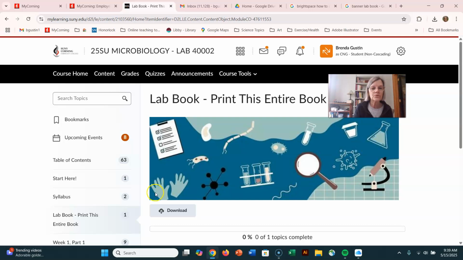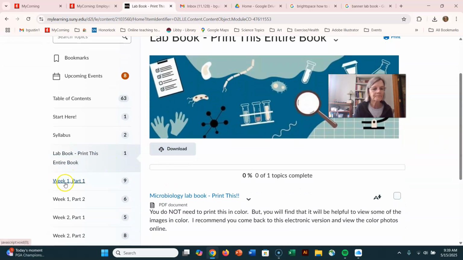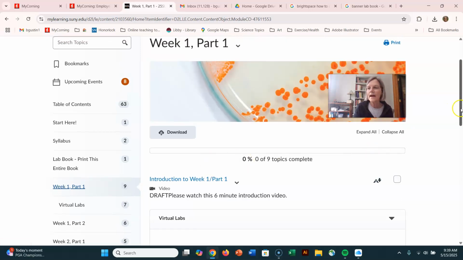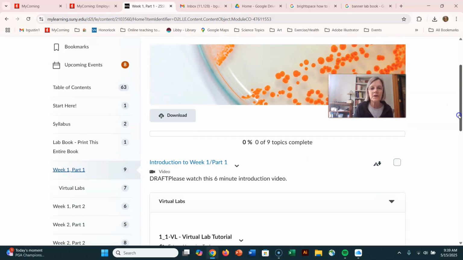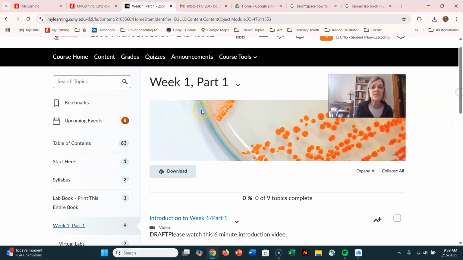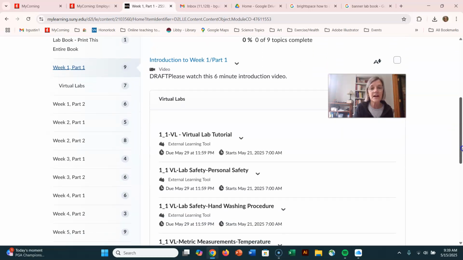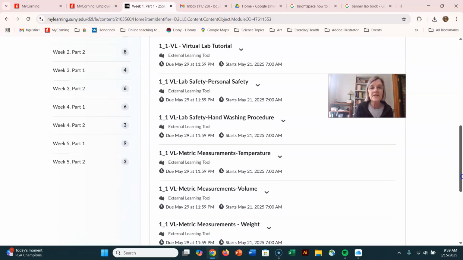And then you're going to go to, as you already did, obviously, because you found me, week one, part one. And here's where, there we are, week one, part one. If you're not sure what that means, go look at the syllabus. Your syllabus tells you the due dates for week one, part one, all the assignments and all that. So there's our introduction video that you have. Here's the virtual labs that are embedded in the lab handout, the lab book that I just told you to print,